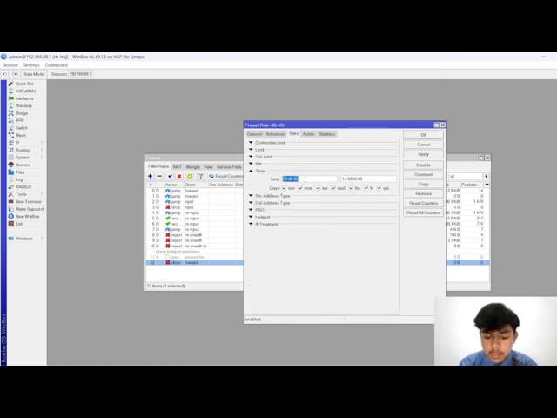The time is 8 o'clock to 17, on Sunday and Saturday. Apply and okay.